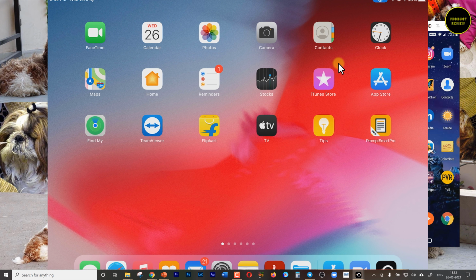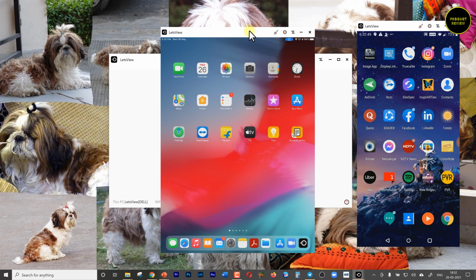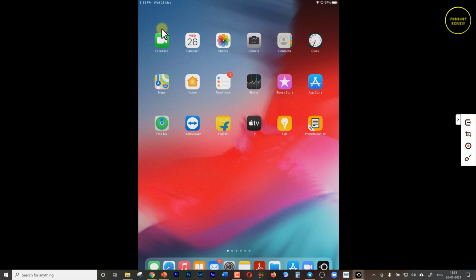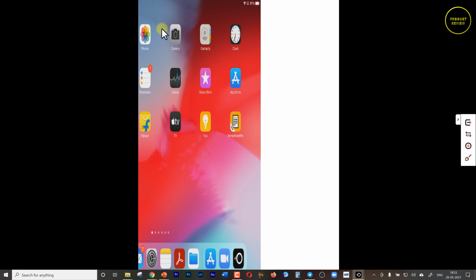One issue that I noticed was that in the landscape mode, it cuts off some part, but in portrait mode, it is fine. But when I go full screen, it is the other way around. The portrait is cut off, but the landscape is completely available. Now I'm going to do the reverse.